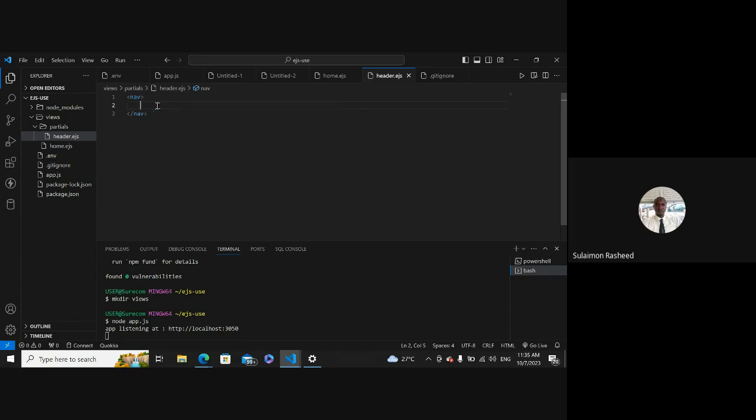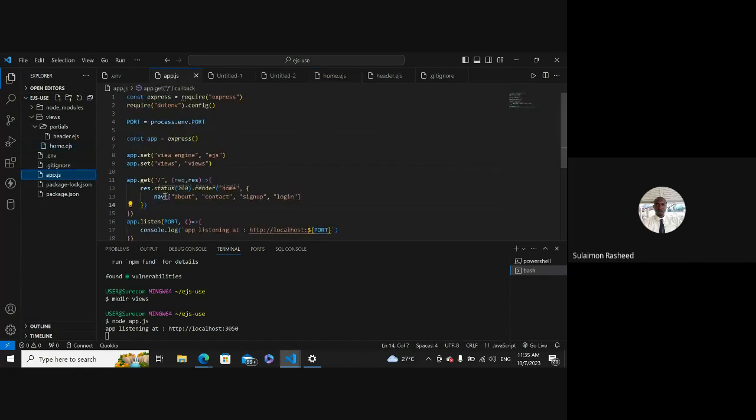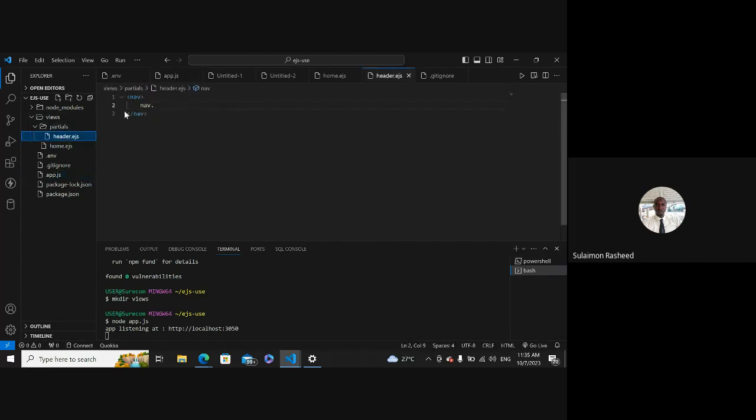We can say nav dot for each. Okay, no, let me call it navs. Let me go back here and redefine it in the app.js, where we are rendering it. Let's call it navs, because it's an array. The variable that has an array should be plural, right? That's the normal thing. So let's come back here and say navs